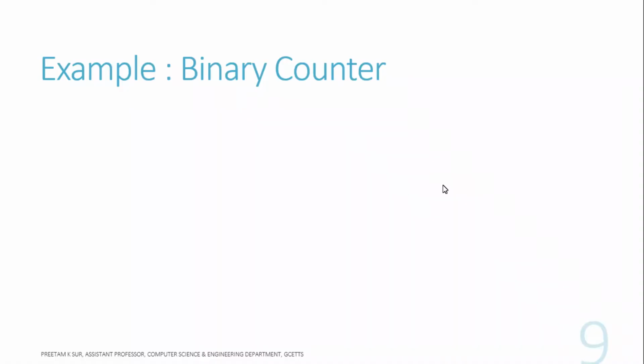Okay. So here what we are going to do is basically implement the circuit as a logical entity. So we are basically trying to implement a binary counter programmatically. So we'll have a k-bit counter over here that will count upwards from 0. So initially the counter value will be 0. Okay. And then it will count upwards.